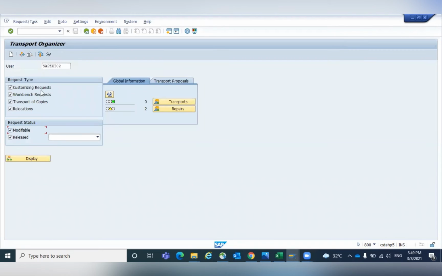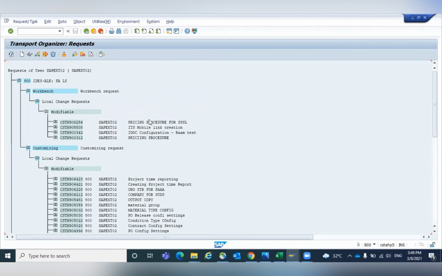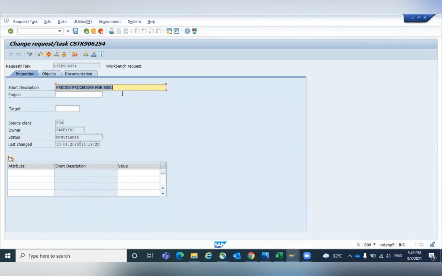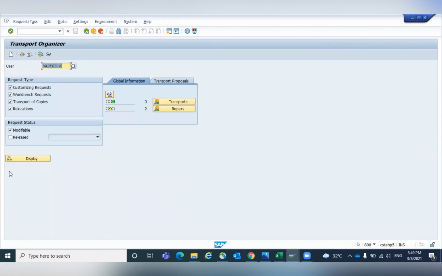I will take any one transport request which is modifiable, meaning it's not yet released. You can easily change it. If it is not released, go to change, go to properties. Here you can change it. So this is easy if it is not yet released. For example,